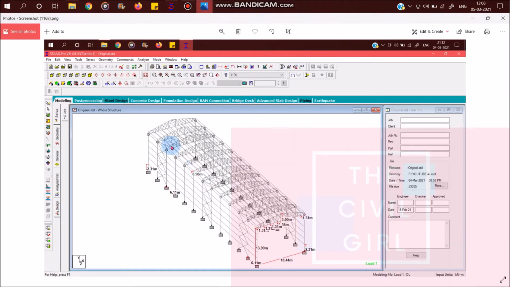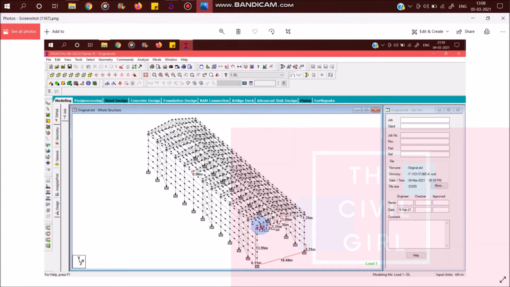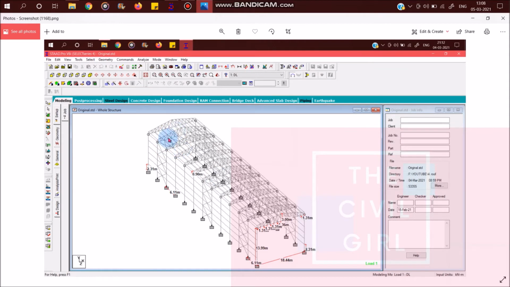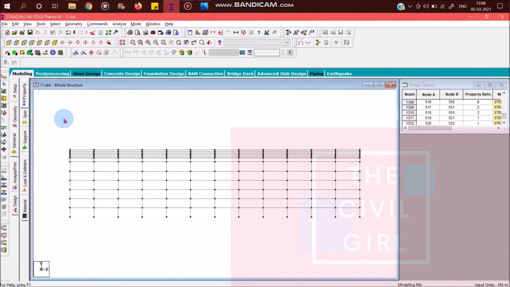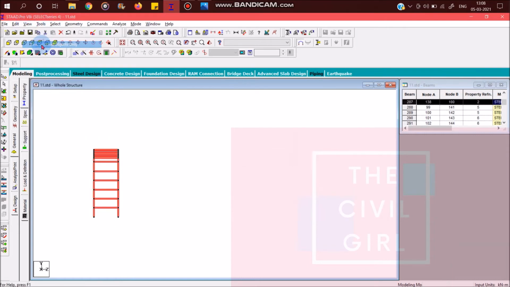So bracings, you can see that they run throughout the length of the tie runners and not throughout the length of the purlins that are at the top. So what I'm going to do is I'm going to just select this view and I'm going to select this part alone. I'm going to say view selected objects only.